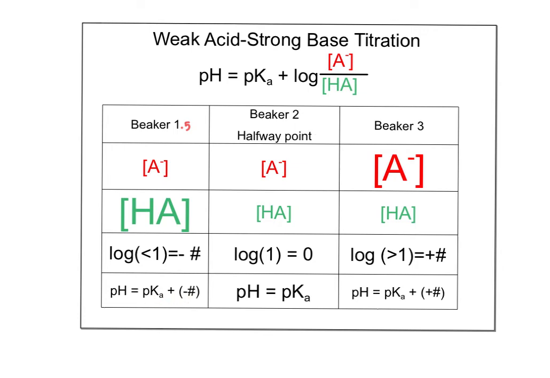After the halfway to the equivalence point, I'm going to have more of my conjugate and a smaller number of my weak acid. So big on top, small on bottom. So that means my fraction is going to be a number larger than 1. So when you take the log of a number bigger than 1, you get a positive number. So that means my pH is going to equal my pKa plus a positive number. Okay, so you can see we should have a pH lower than the pKa before the halfway point. I should have a pH bigger than the pKa after the halfway to the equivalence point, and pH equals pKa